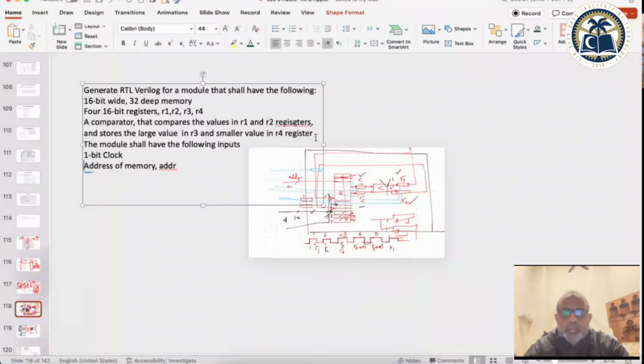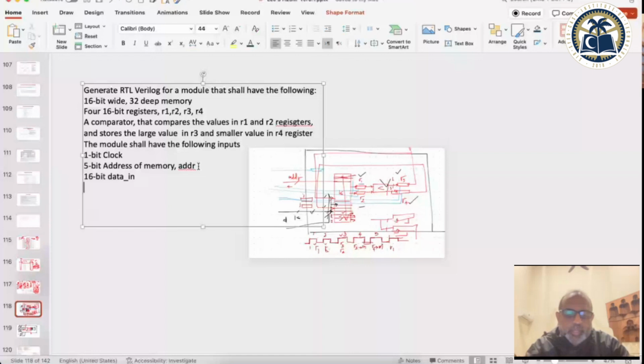Address is going to be, because it's 32 deep, 5 bit address of memory. Because you will be writing into the memory, 16 bit data in, and you will also be reading 16 bit. These are the inputs. So you have a clock, you have address coming in, then you have